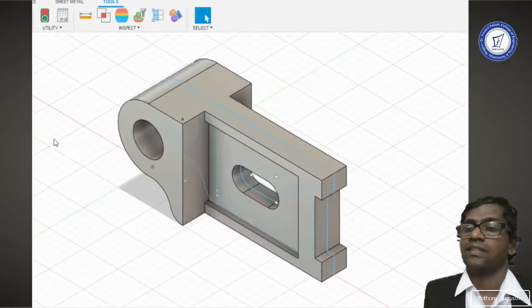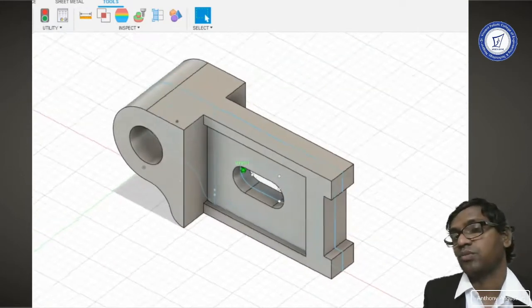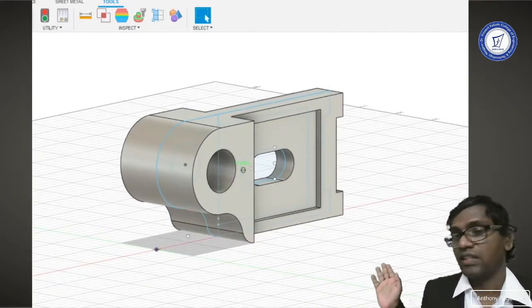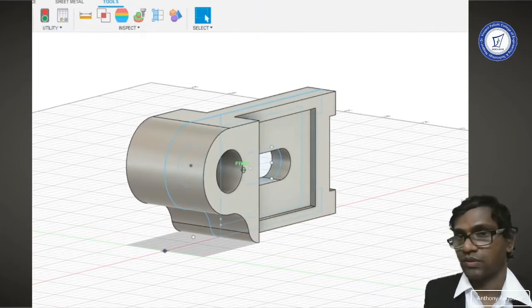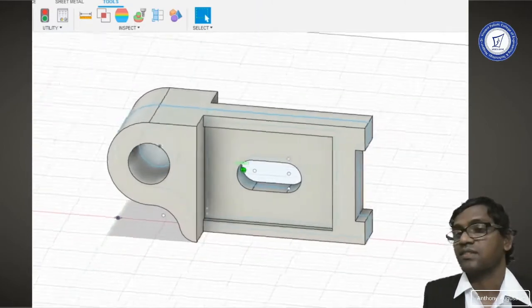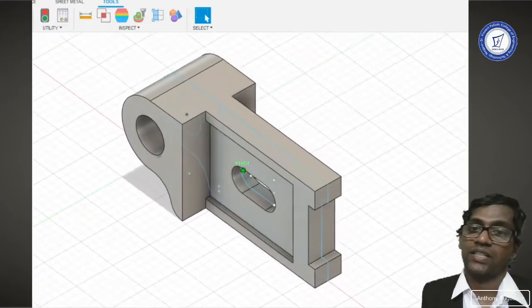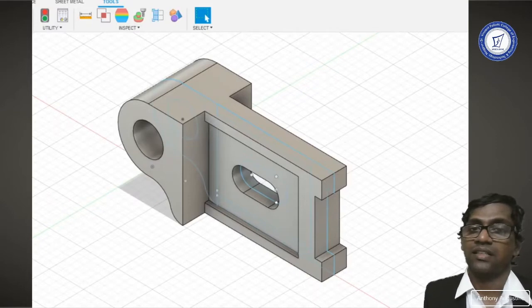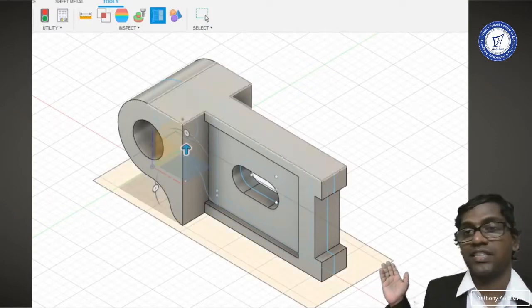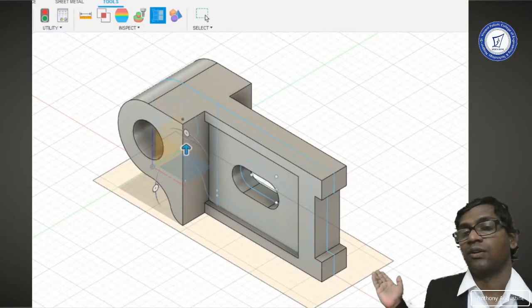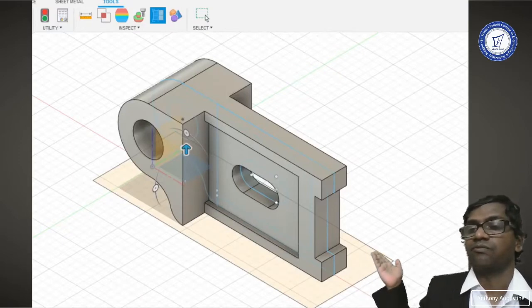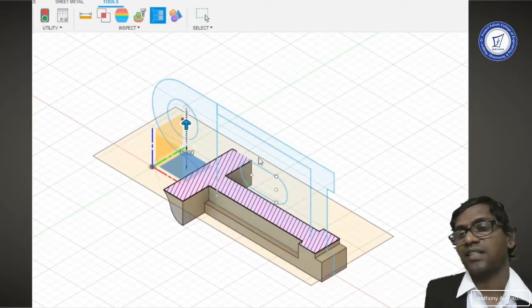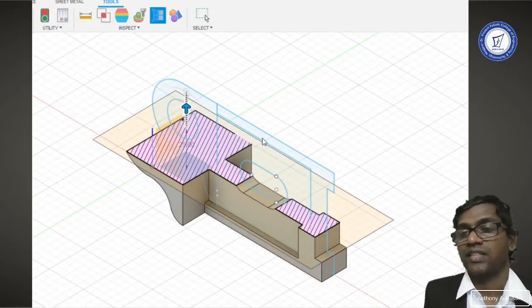Now we'll see how the sectional view of the object can be obtained. Let's try with a full sectional view of the component as shown. You can see the different faces over here. Now we'll do a sectional analysis. In this analysis, we'll take a cutting section plane which passes through the center of the tablet shaped hole, which is located at a height of 31 mm from the base of the component. So here I am taking a cut section at a height of 31 mm.